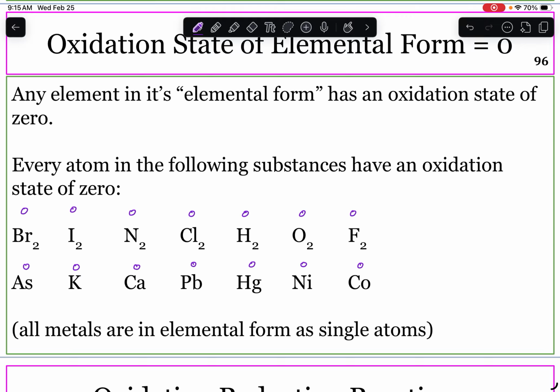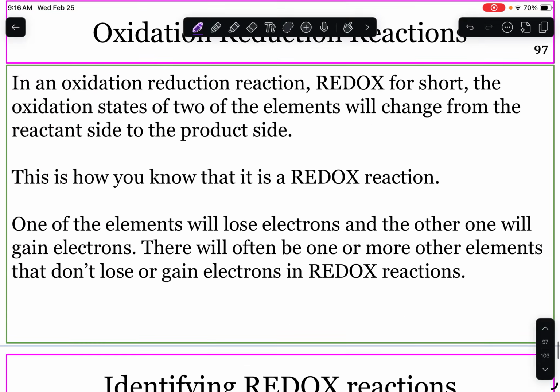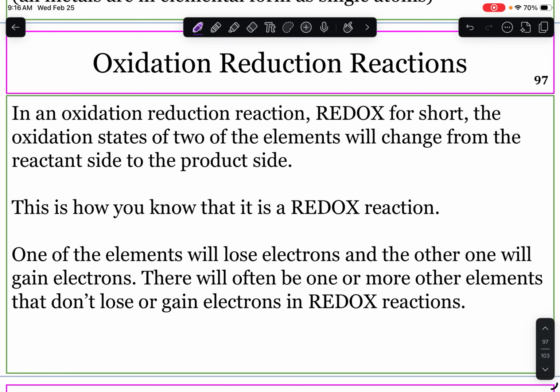These 7 elements exist as diatomic when they are in elemental form, and they still have an oxidation state of 0. All right, so in an oxidation-reduction reaction, the oxidation states of 2 of the elements are going to change between the reactant side and the product side. So this is the whole point of assigning oxidation states, to determine which one changes from the before to after